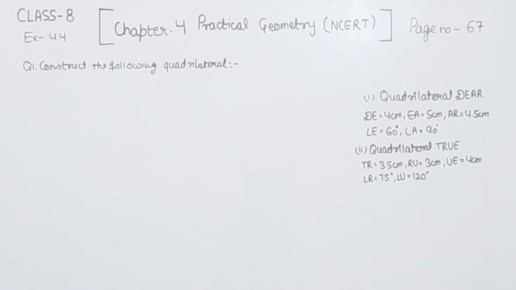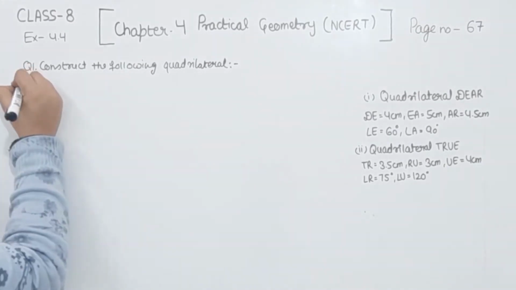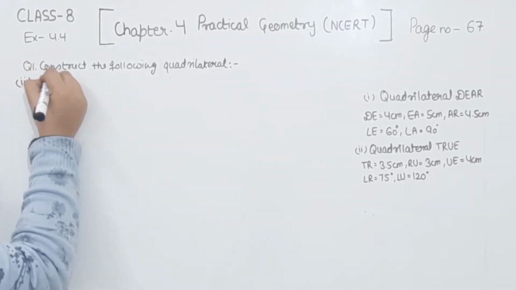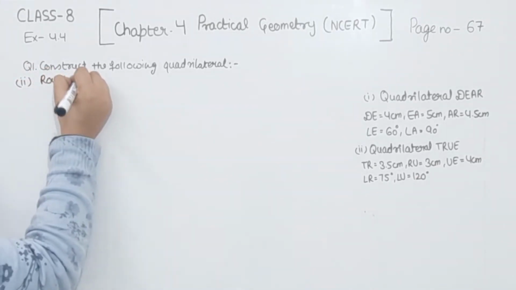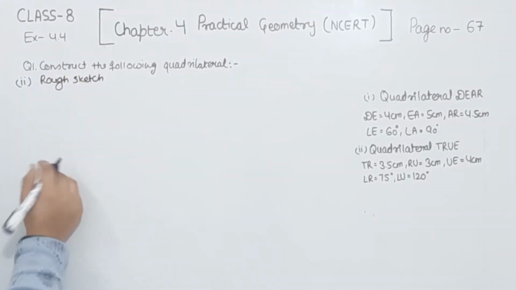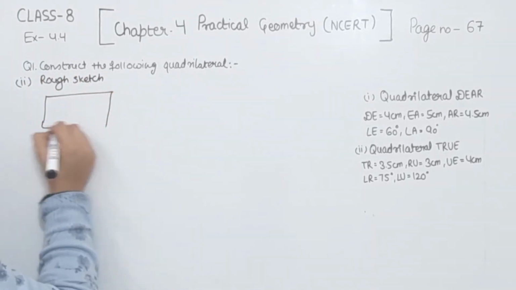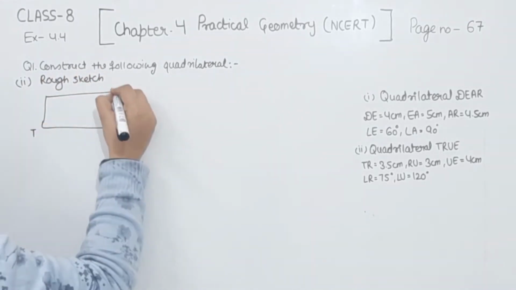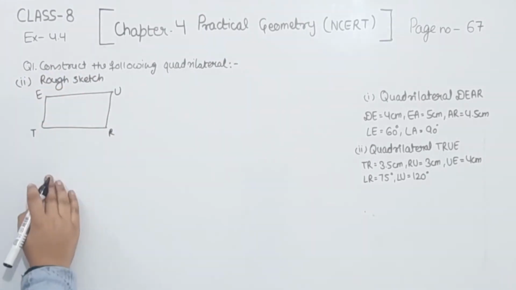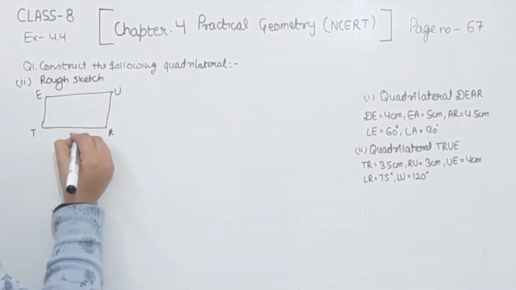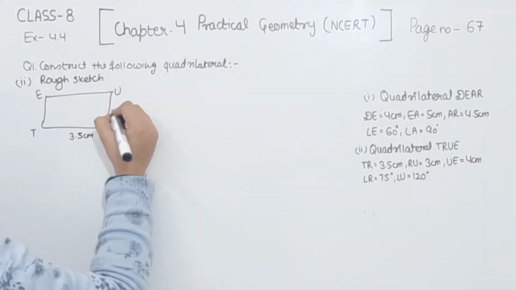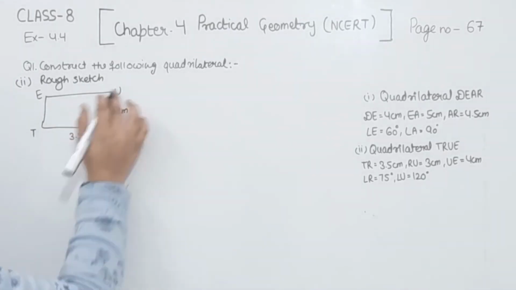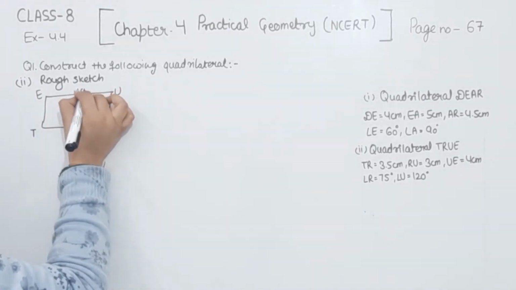In the part 2, we have to draw the quadrilateral TRUE. So first of all, we are going to draw the rough sketch. So I'm going to write here rough sketch. This quadrilateral we are having is the TRUE. Now in this one, TR is equal to the 3.5 centimeter, RU is equal to the 3 centimeter, UE is equal to the 4 centimeter,